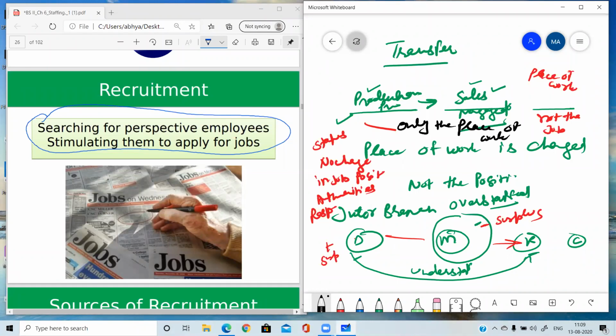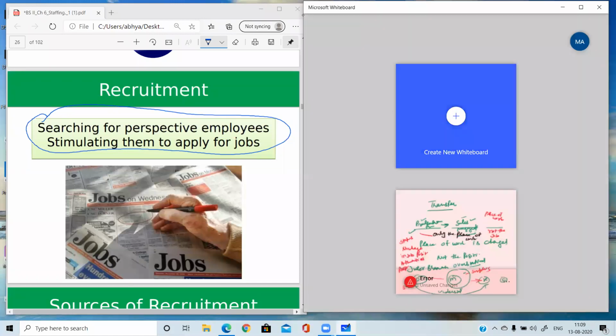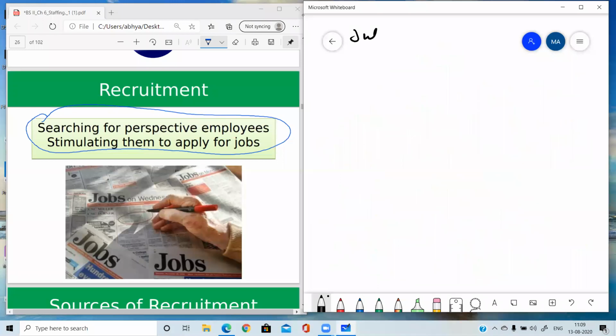Okay, so some merits are there with the internal sources. Could you please tell me the merits of internal sources if you are getting employees from within the organization? Then there are some merits, so let's discuss those merits. Yes, the first merit. Could you please tell me any headings for the merits when any organization is taking employees from within? So I'm telling you some hints, and out of those hints, you can give me the headings.